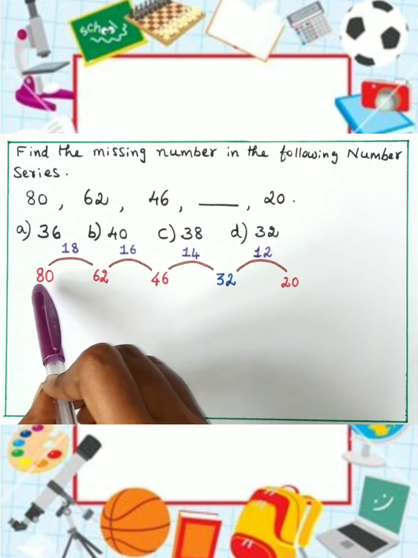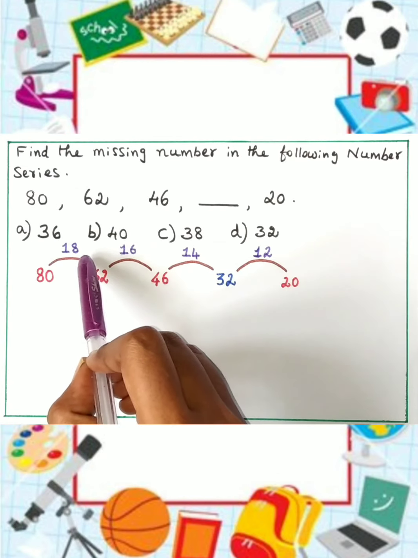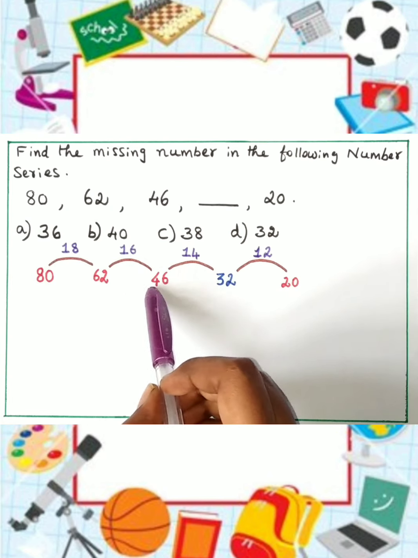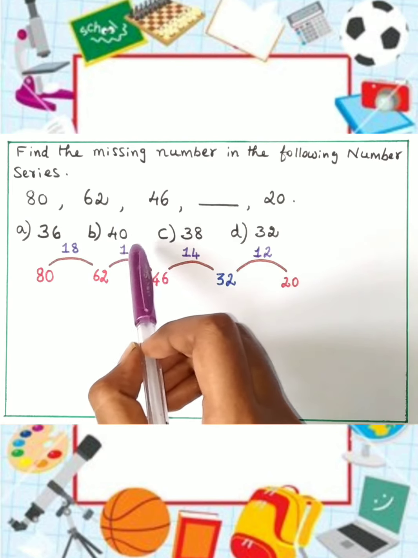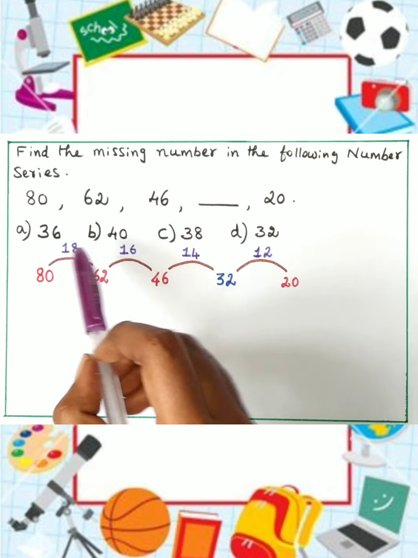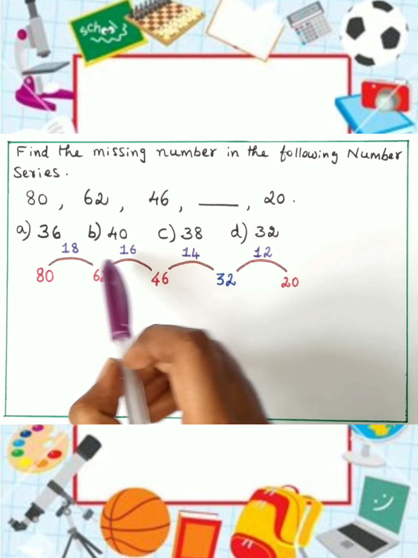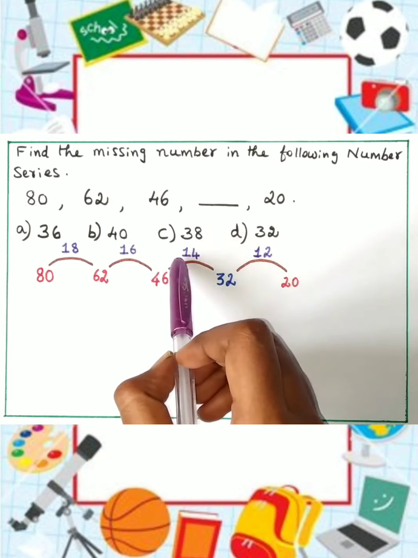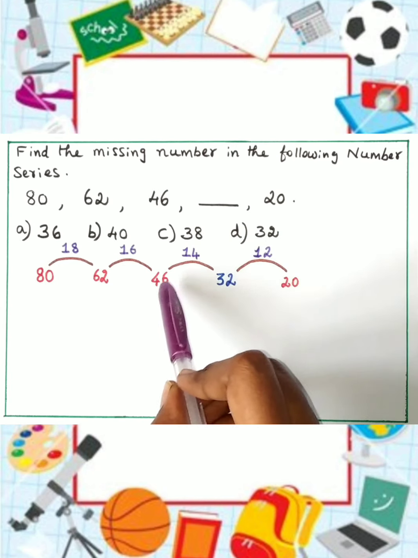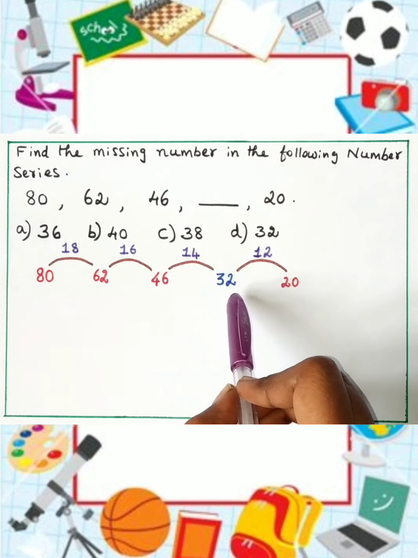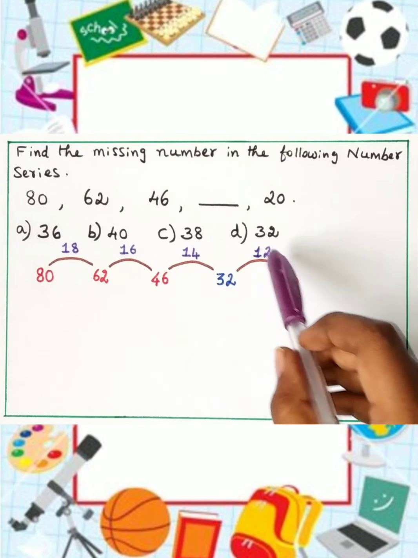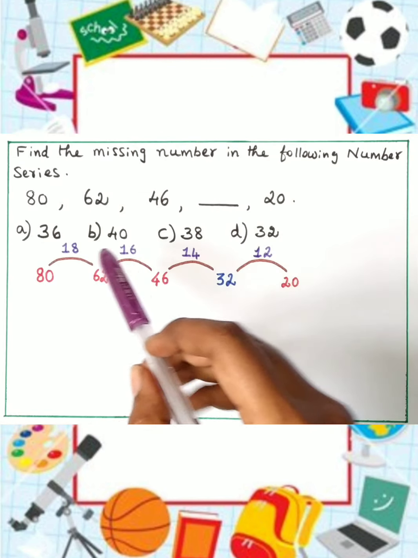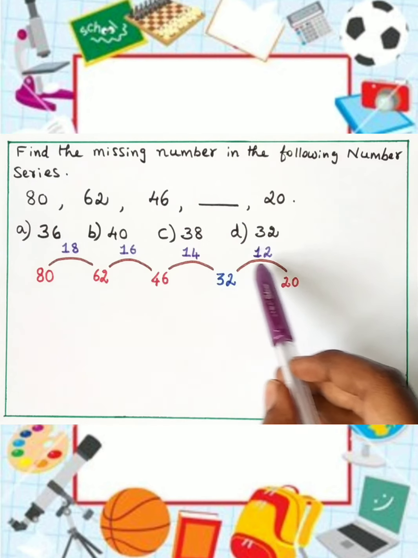The difference between 80 and 62 is 18 and the difference between 62 and 46 is 16. So the differences seem to be decreasing by the number 2. So let's find out whether this is the logic. So 18, 16, the next number should be 14. So 46 minus 14 will give you 32. So 32 may be the answer. To verify it, let's check it out with the next number. So 18, 16, 14, the next number should be 12.